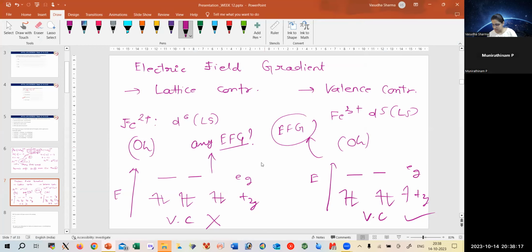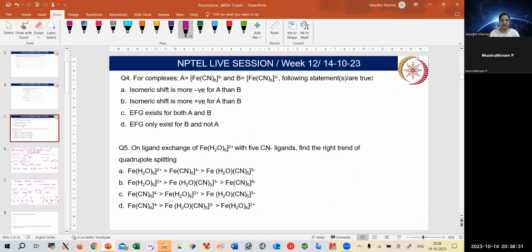No. Why? There is no unsymmetrical distribution of electrons in t2g and eg. Right. So now this concept I feel is clear to your mind. So we have isomeric shift is more for A than B, and electric field gradient only exists for B